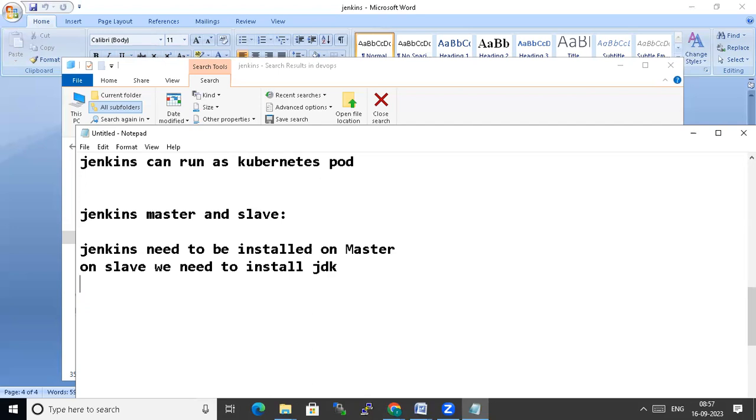On the slave, we need to install JDK only. That means only Java is required on the slave. So JDK needs to be installed on the slave. Once you install the JDK,